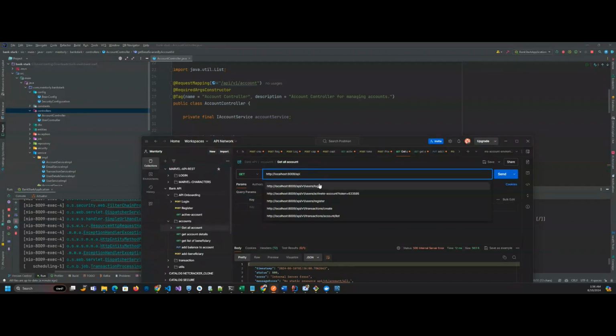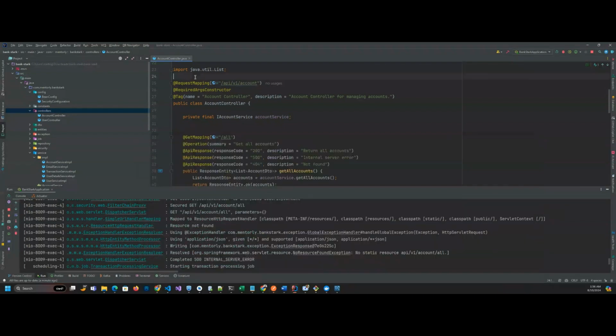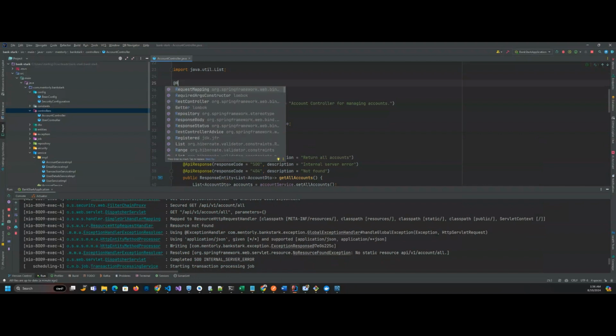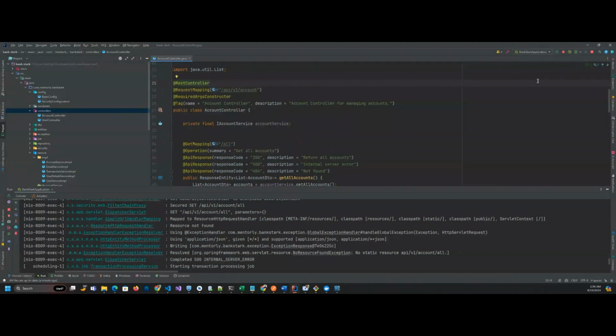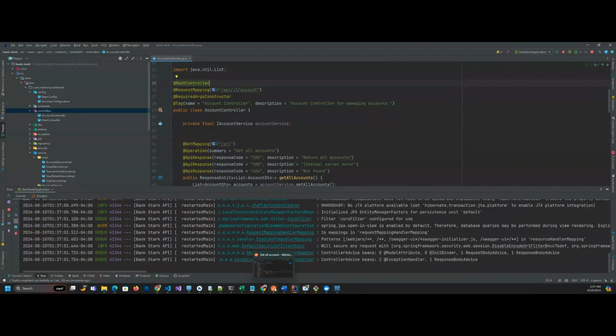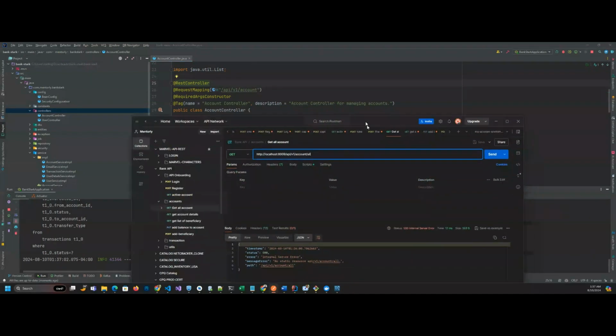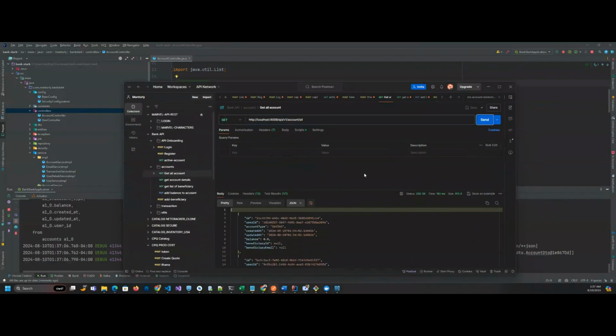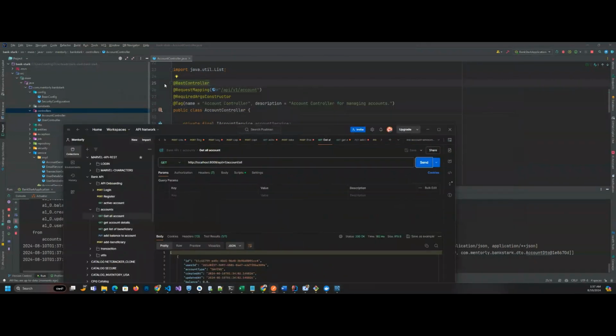Oh yeah, I know what happened. My mistake. The problem here is we forgot to add the REST controller here. So let's try again. So it's jump and we can... perfect. Yeah, because if we don't have the REST controller here, REST controller internally has two annotations, like controller and